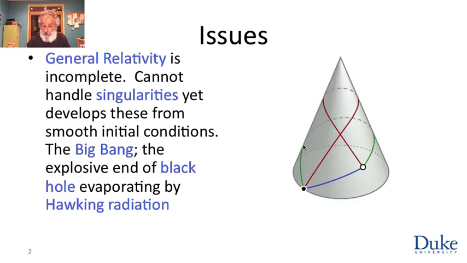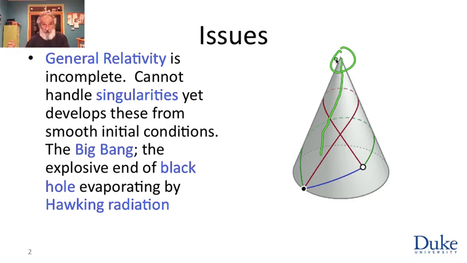This is all nice until it crosses somebody's crazy, sick mind to send a particle on a trajectory that was supposed to be a geodesic that hits the tip of the cone. At the tip of the cone there is curvature. There is infinite curvature, in fact, because there's a sharp tip. And theories of particle propagation on a cone don't tell you what happens when the particle gets to the tip. The equations are indeterminate. There is a singularity. General relativity produces such singularities and then cannot predict what happens.